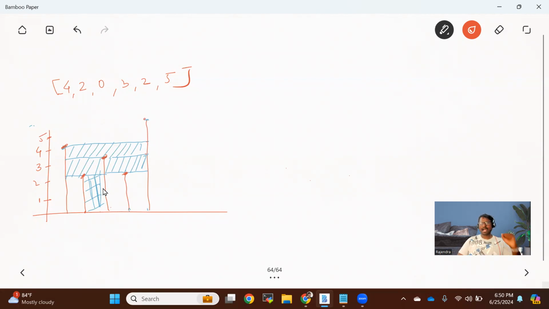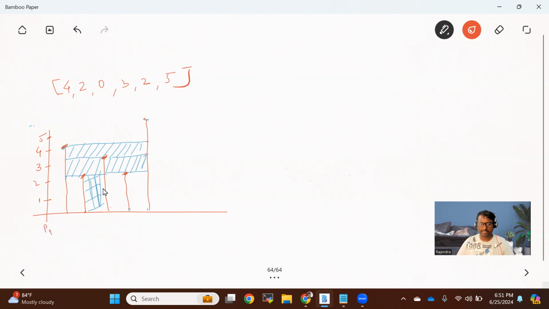Okay, now how are we going to solve this problem? With the problem statement we'll get to know. When we solve it, we'll get to know whether whatever calculation we have done is correct or not. So how can we solve this problem? To solve this problem, basically what we need to do is, let's say you have a